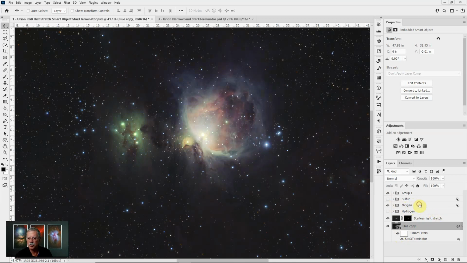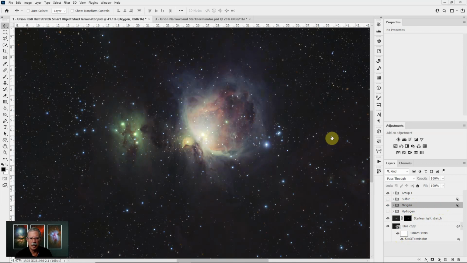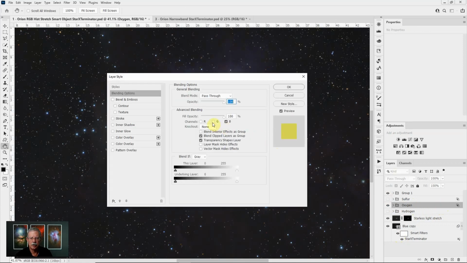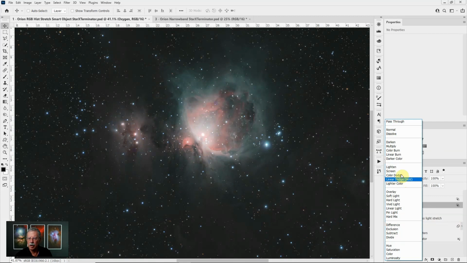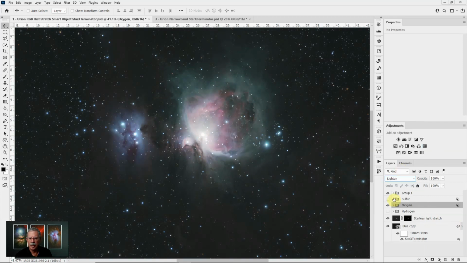And let's do two things. First, let's double click on the oxygen layer, and rather than making the oxygen just blue, let's go back to the green and blue like we would in a HOO image. And secondly, rather than just replacing the green and blue layers, let's change the blending mode to lighten. And what that's going to do is bring in just the oxygen as green and blue where it's brighter than